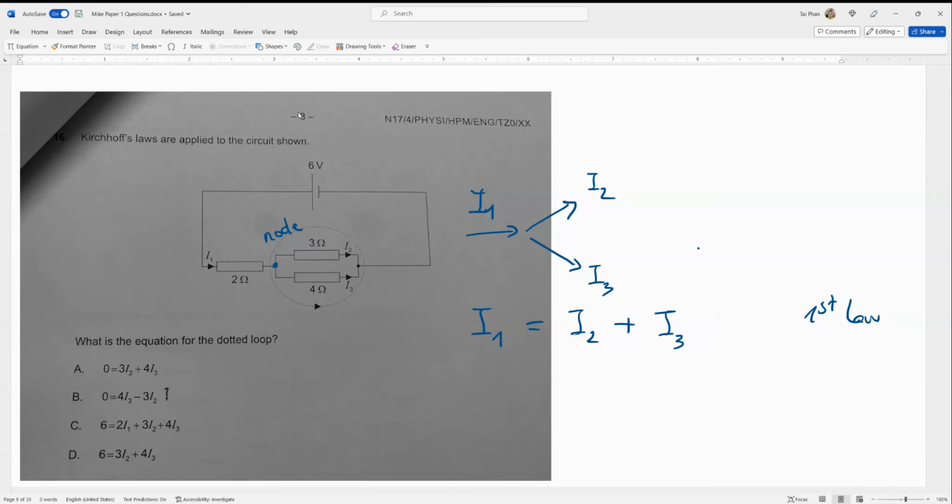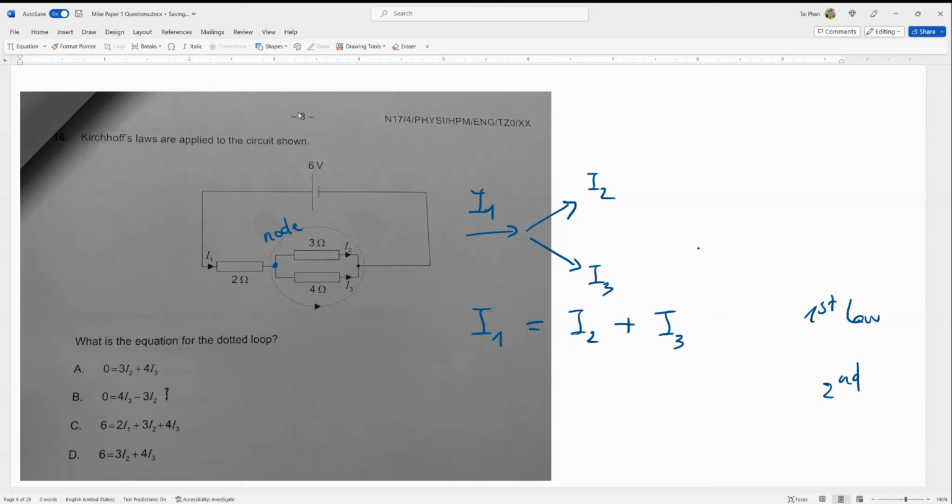I2 multiplied by 3 ohms, the resistance here, will be equal to I3 multiplied by 4, the resistance at the bottom. And I1. The second law